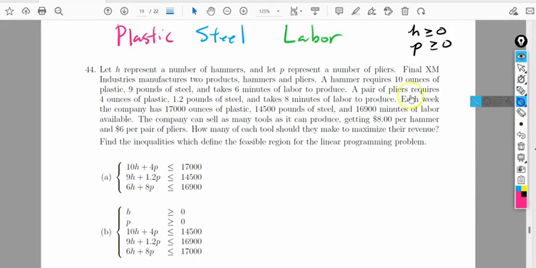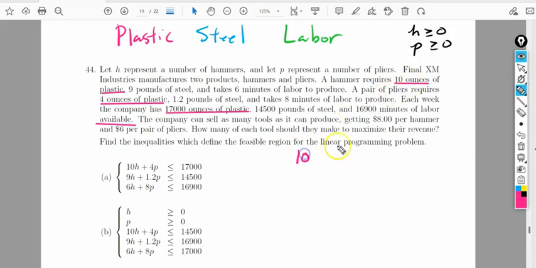So a hammer has to have 10 ounces of plastic. With a pair of pliers, they have to have 4 ounces of plastic. Each week, there's only 1,700 ounces of plastic available. So we get an inequality. So for the hammer,